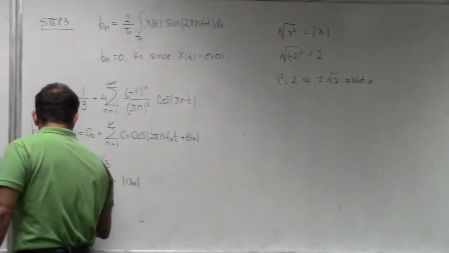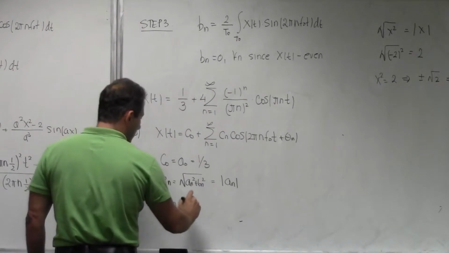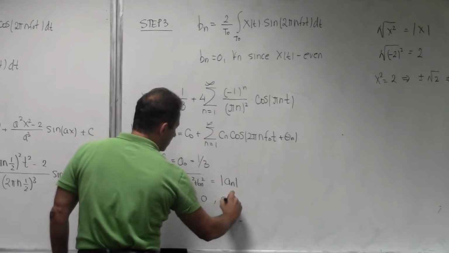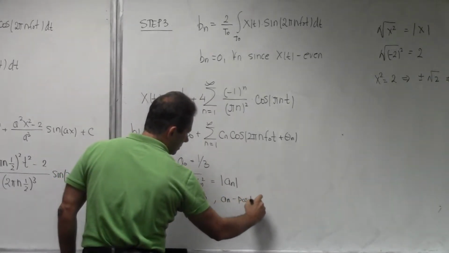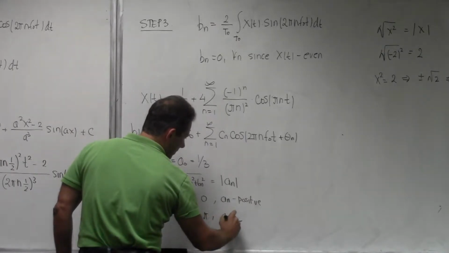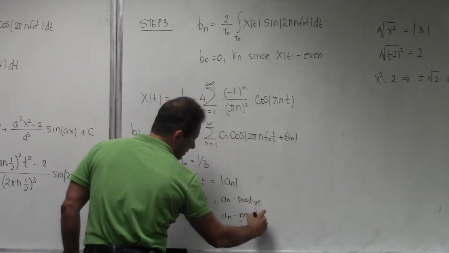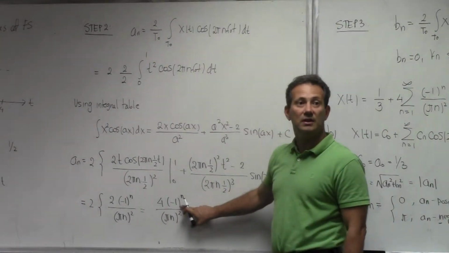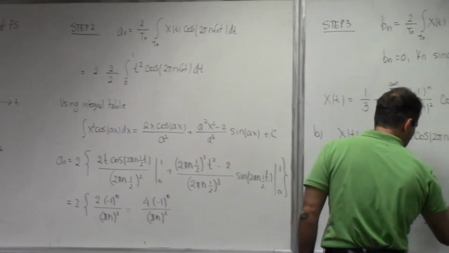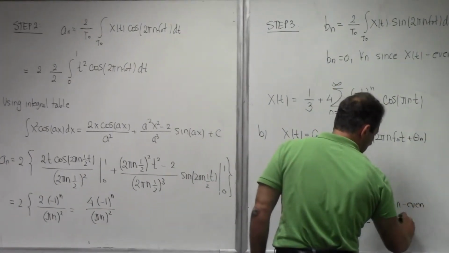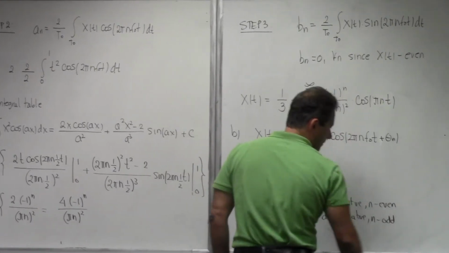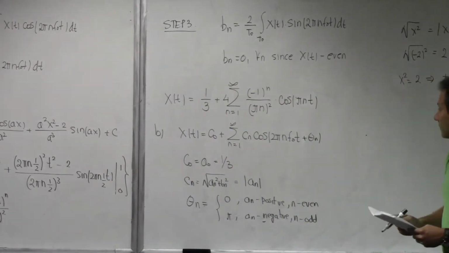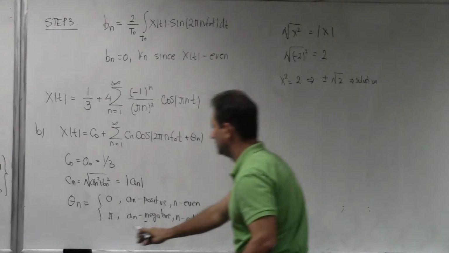And what is theta n going to be? Well, theta n is going to be either 0 when your An is positive, or pi when An is negative. And when is An positive? Look at here. An is positive whenever n is even, right? So n even here, and n odd. Okay? So in this form,